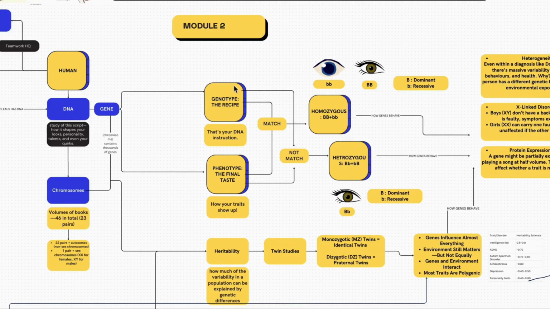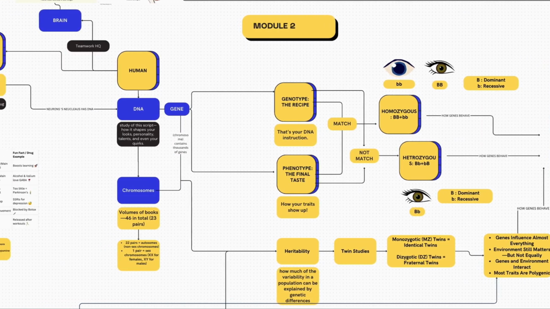Welcome to Module 2. Humans are made of DNA. DNA is basically a script that shapes your looks, personality, talents, and even your quirks. These DNAs have chromosomes, 46 in total, 23 pairs. And these chromosomes have genes, and there are two types: genotype and phenotype. Genotype is the recipe, the instruction in your DNA, and phenotype is the final taste, how your traits show